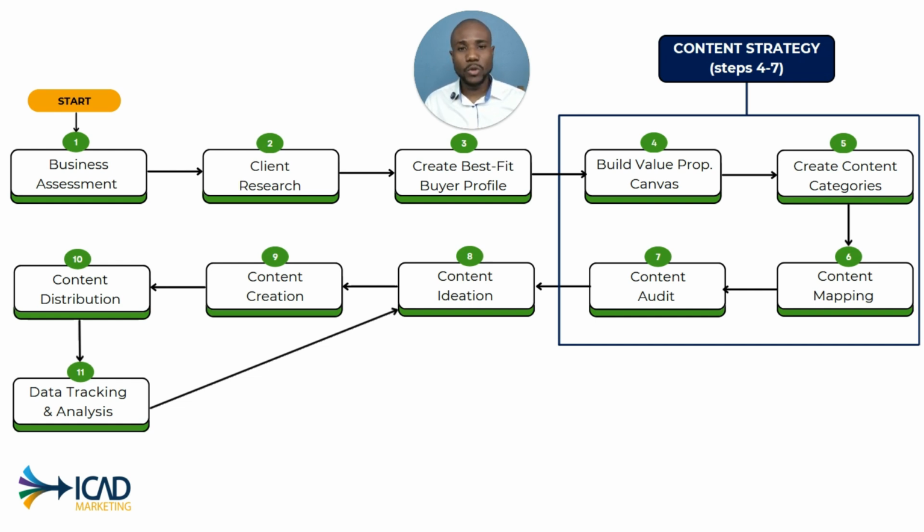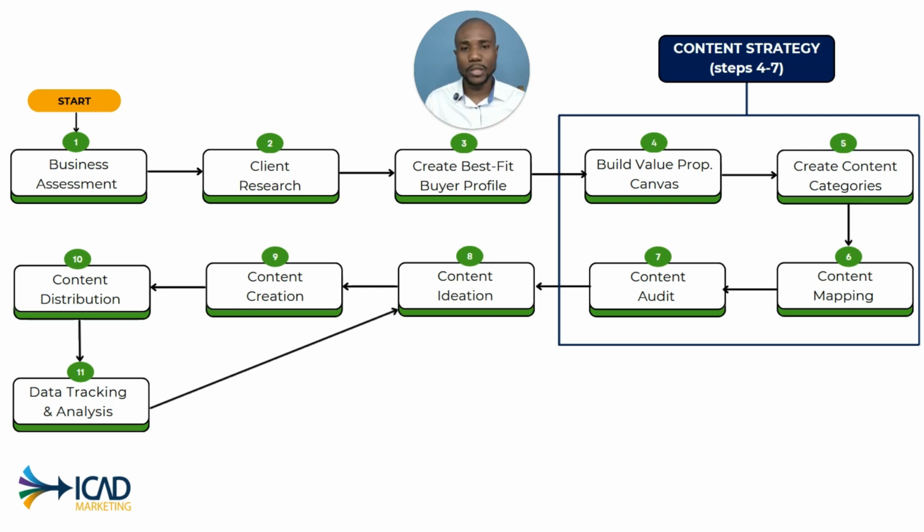Step 6 is where we do that content mapping. Content mapping is how we move people from not knowing about your brand and what you have to offer to actually becoming clients, paid clients that is. So we build out that entire process. We have a framework that we use to do that, and it includes better alignment between your marketing and sales team, if you have a sales team, or a marketing team in-house.